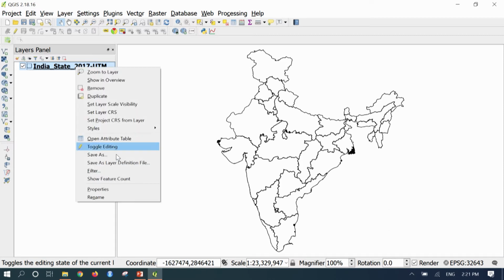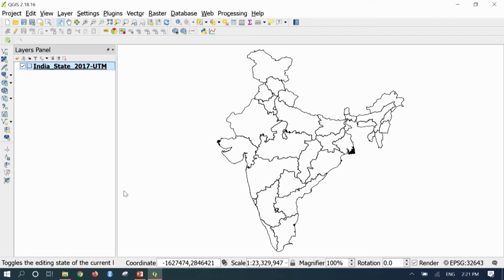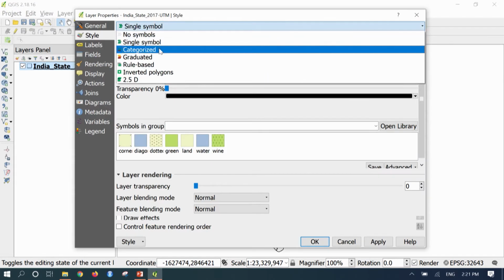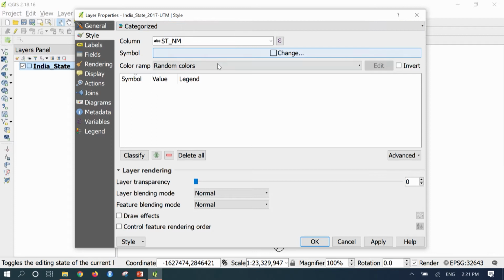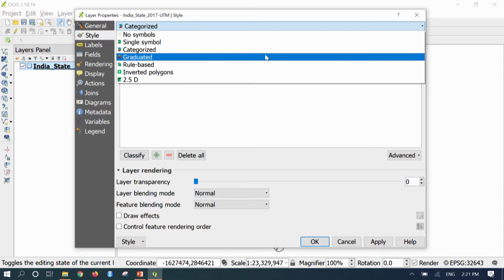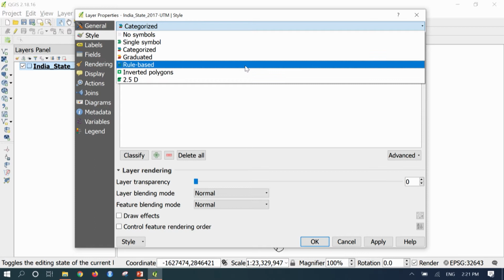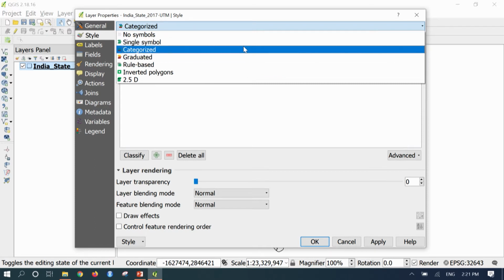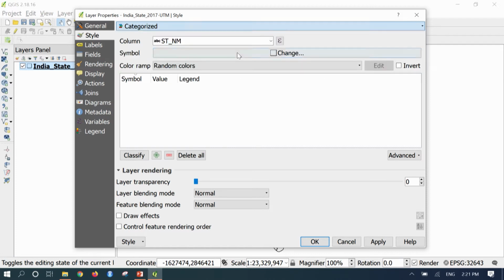If you want to style it based on different colors, again we can go to properties and go to categorized. If you select categorized, it gives multiple options such as graduated, rule based, 3D based, 2D based, or inverted polygons. Currently we will explore the categorized option. We will go to categorized, and based on the attribute we can do the styling.